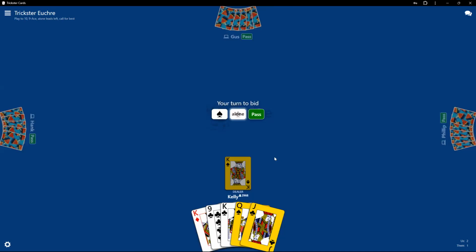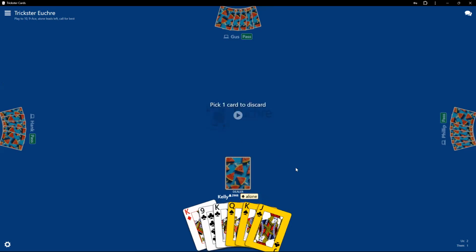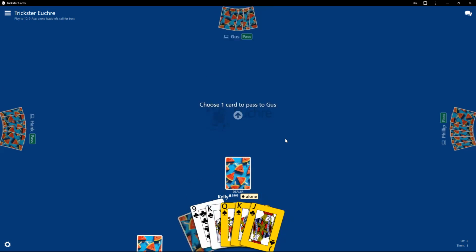So here's an instance where I think I'm going to go alone because, again, I'm going to get rid of 2 cards. So I'm going to go alone. By the way, this is really, really important. I never used to understand that. Why would I get rid of a king when I've got a 9? Because I want to short suit myself because it's dangerous to have something that's not an ace.